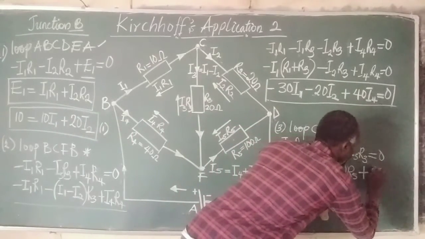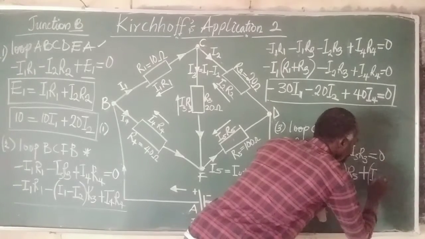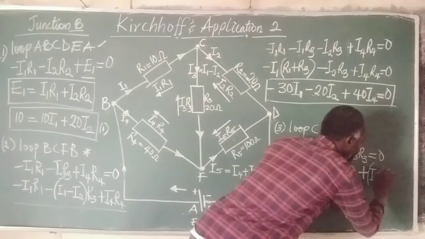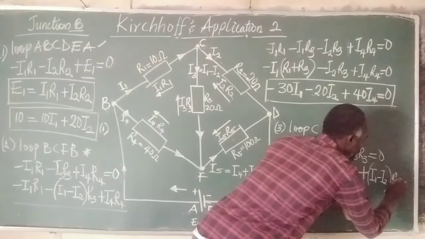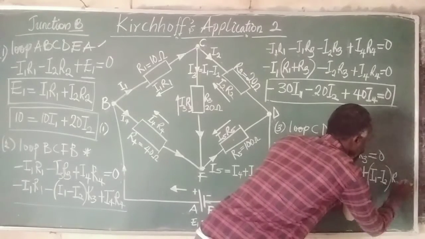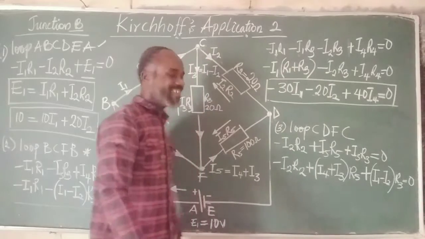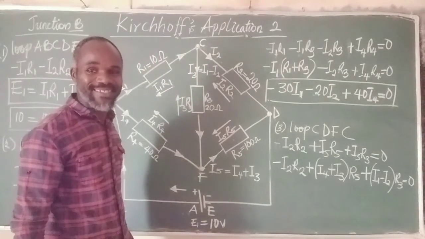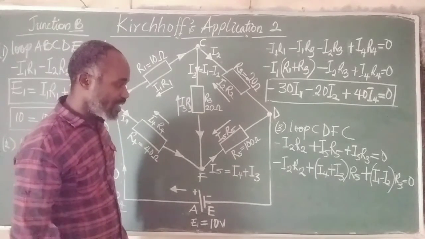So we have, bracket open, current 1 minus current 2, close, R3 all equal to 0. Good. This is absolutely interesting. Let's look at it very well. So what do we do? We are going to open